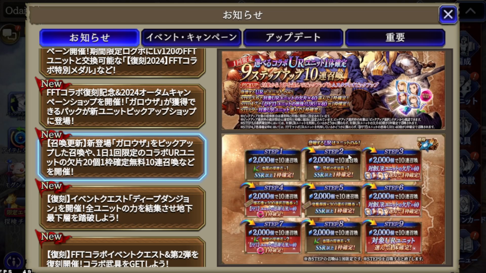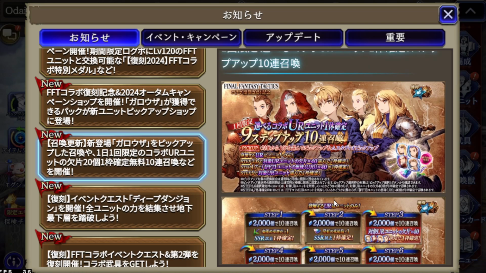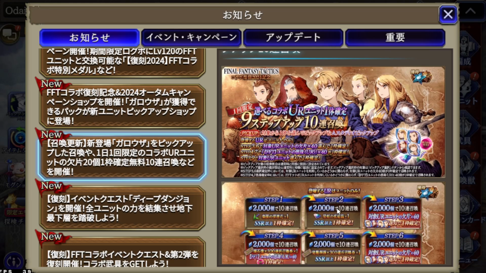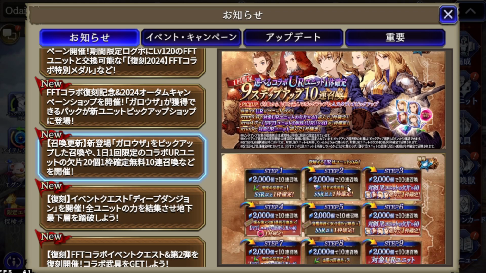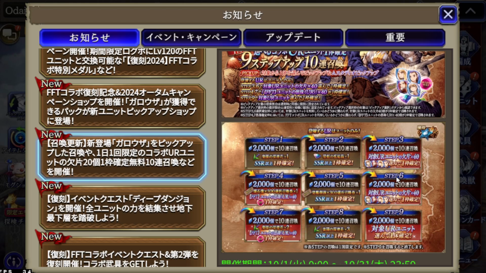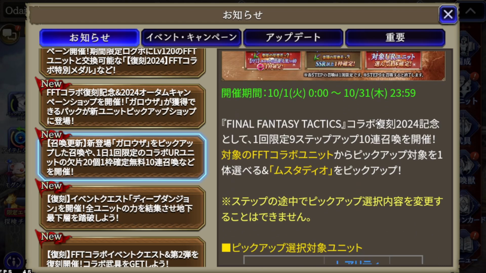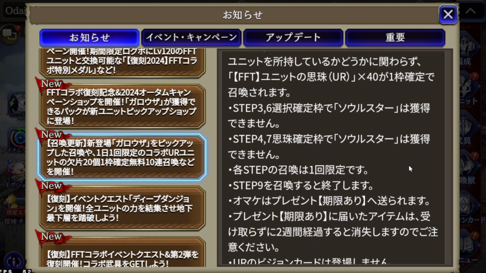So if you really want to get one of the units guaranteed, I think this banner is worth doing because it's only 18k, right? 18,000 freebies across 9 steps, and you do get to pick one of the units, and on top of that you get a bunch of freebies as well. And who knows, maybe you get lucky, maybe before you even reach step 9 you may get one or more of the units. So if you really want to collect the FFT unit, that is going to be the best